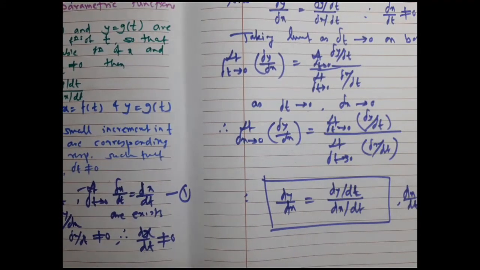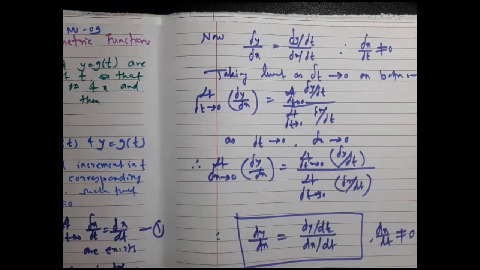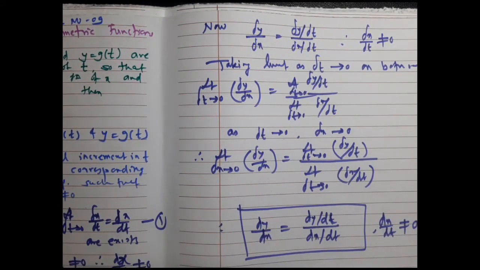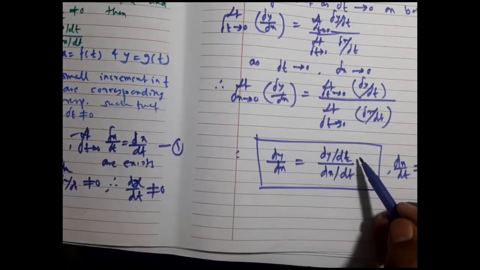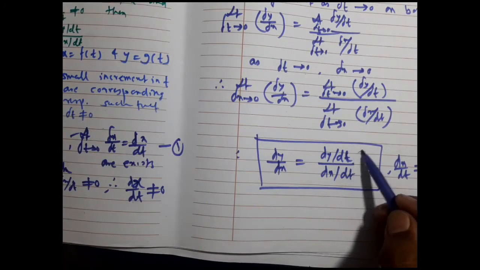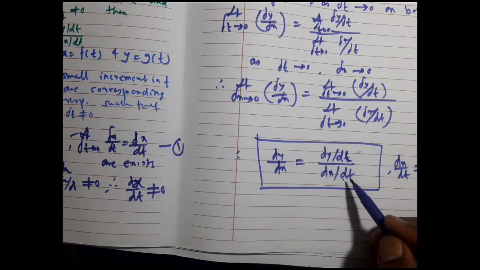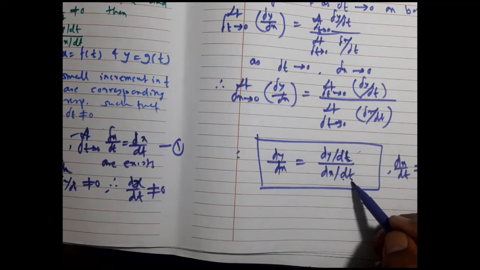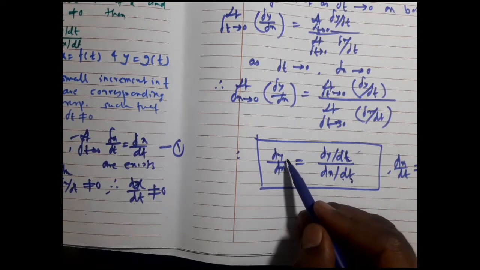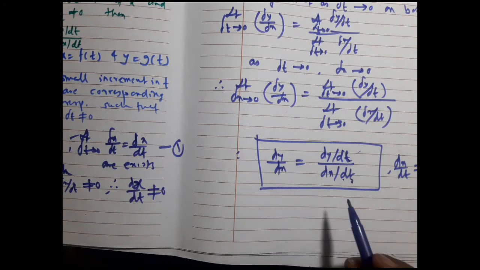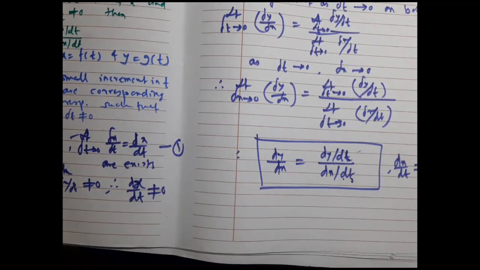This type of proofs we have done so many times. So this is also a simple proof. I do hope you understood this, because in the problems based on that, if it is a parametric function, then separately find the derivative of y with respect to the given parameter, find the derivative of x with respect to the given parameter, and take their quotient. That will be dy by dx, that is the derivative of y with respect to x.